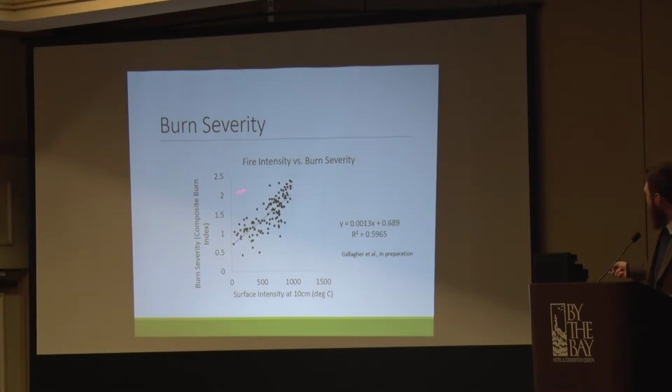You can see what this means, if you're not into statistics, is that there's a line. The points kind of make a line, and that's a good thing. That means that there's a high correlation there. It's not the greatest correlation, 0.59 on a scale of 0 to 1, but that's pretty good in ecology. But that shows that there's a link there between severity and